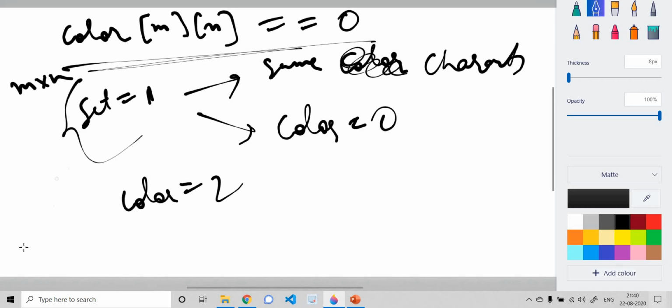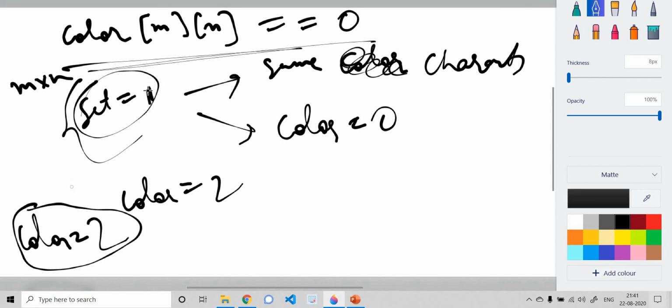At the end of the traversal I set the color equal to 2. So there are three values for the color. Initially it is 0, when I enter the DFS I set it to 1, and when I leave the DFS call from that cell I set the color as 2.